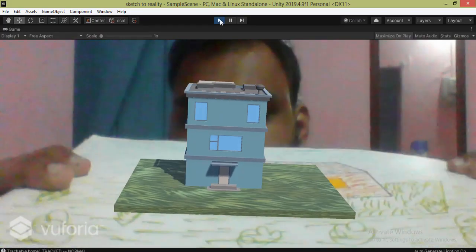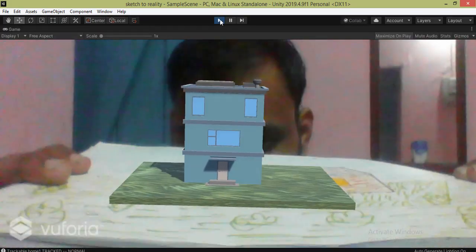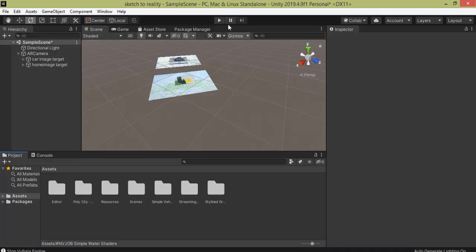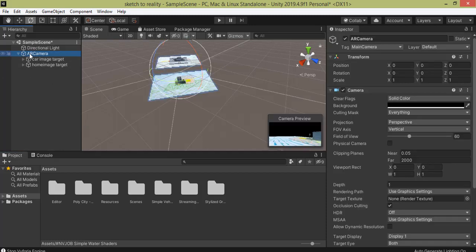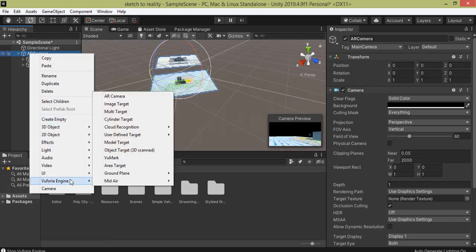As you see, my house 3D model has appeared over the image target. Now again I'm going to add another image target. So for that I just click on this AR camera, right click over it, go into the Vuforia engine and add another image target